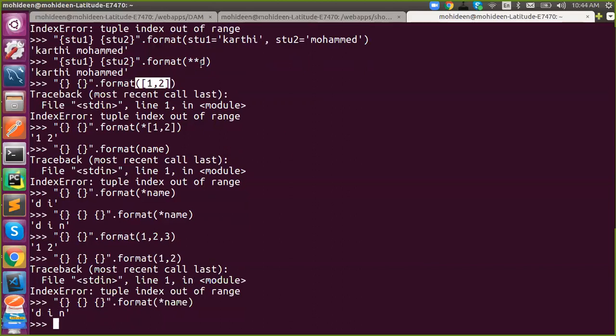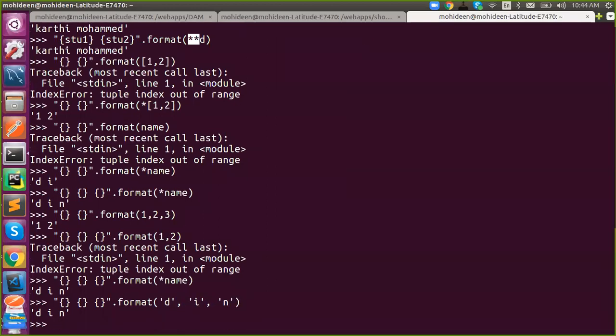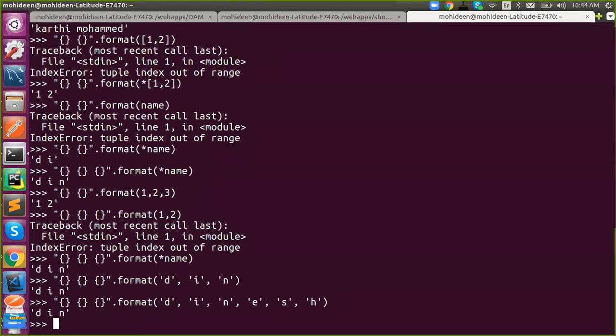Okay. So this concept is called unpacking. To unpack a dictionary, we have to use double star. To unpack a list or a string or tuple, we have to use single star. So this will actually unpack your content into D, E, I, N, like this. Writing something like that would be a difficult thing. To make it easier, Python has a concept called unpacking.